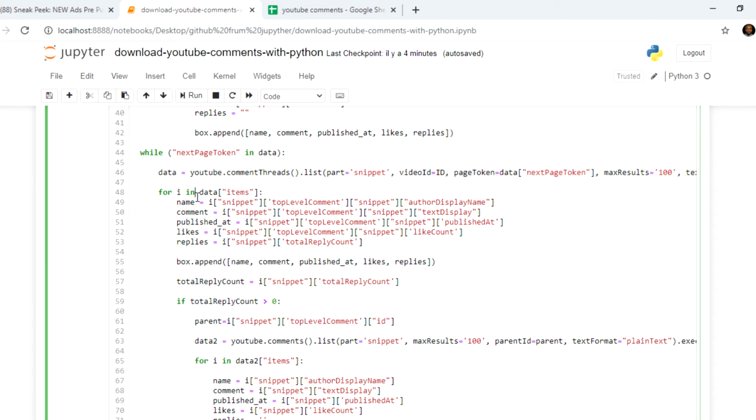comments. And once again, we loop to get exactly what we need: name of the YouTube channel that left the comment, the comments, the time and date that the comment was left, the number of likes, and number of replies. We append the box again. We check the total reply count, and if it's greater than 0, a parent ID,